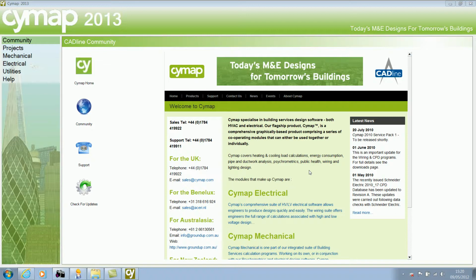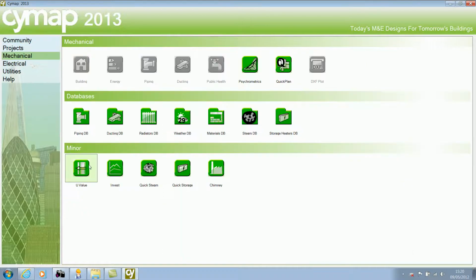This video looks at setting up composite constructions and calculating U values and looking at interstitial condensation checks and loading those into existing projects. First of all, we actually want to create the composite. There's two ways you can do this. You can do this externally in the mechanical program in the minor section, or you can do it within a